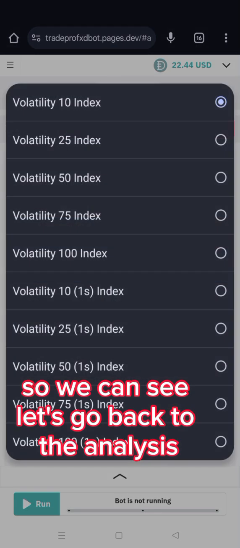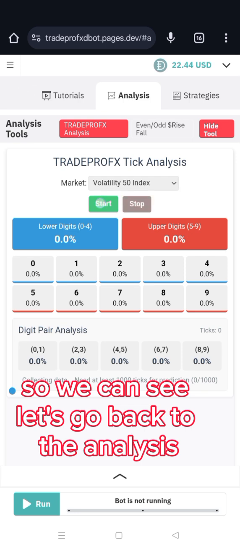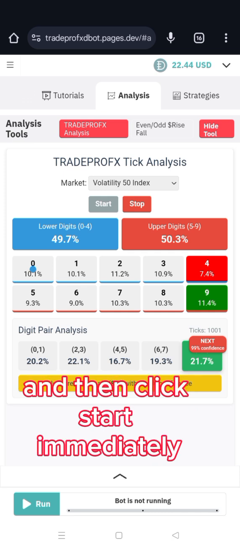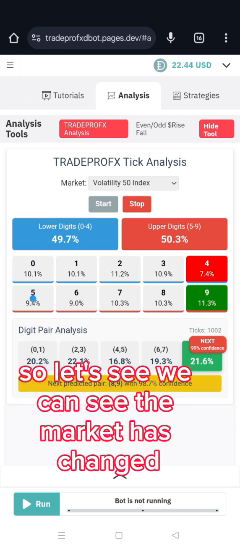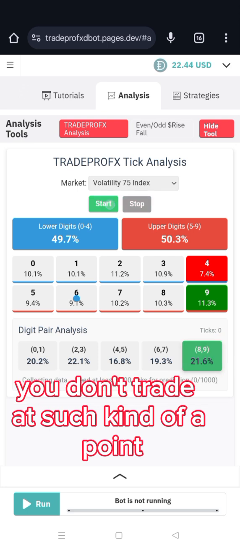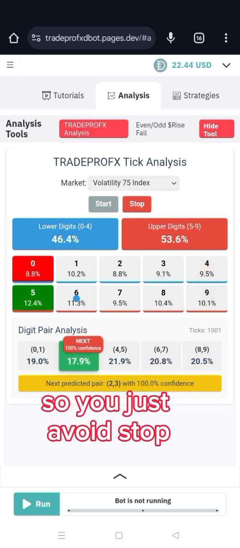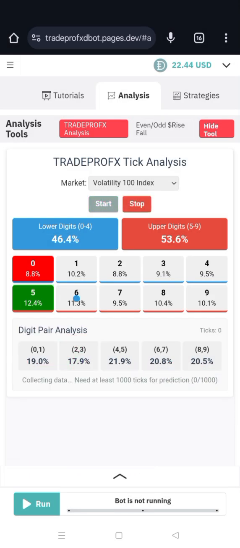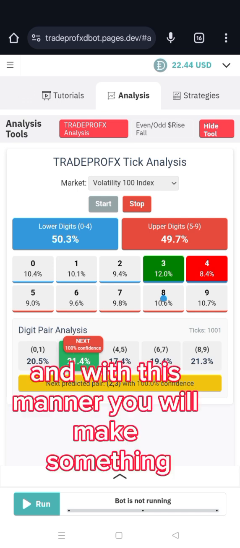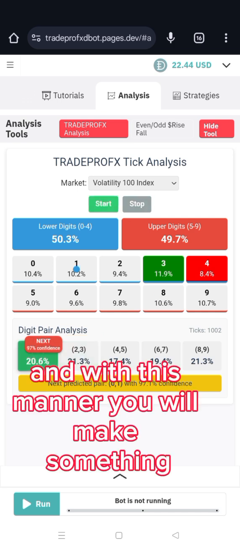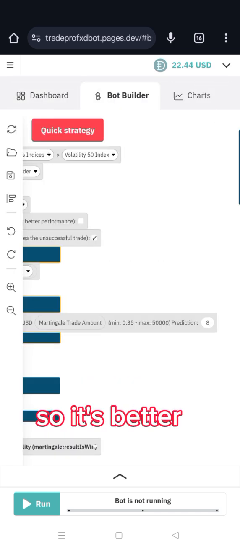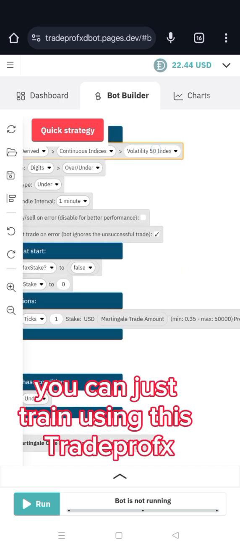So let's go back to the analysis, click that arrow below, go to the volatility 50, and then click start immediately. So let's see, we can see the market has changed. You don't trade at such a point, so you just avoid, stop, then change the market, and check for the best market. So let's proceed. And in this manner, you will make something at the end of the trading session. So it's better you can just train using this